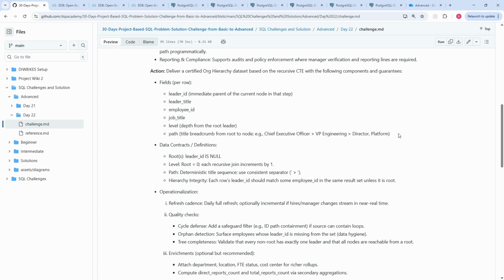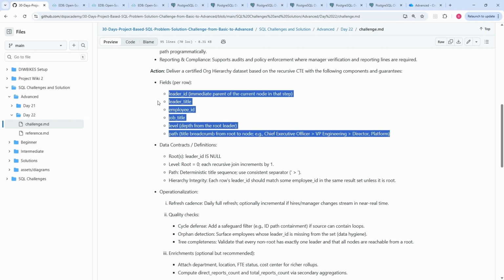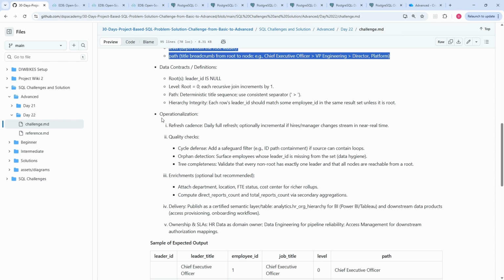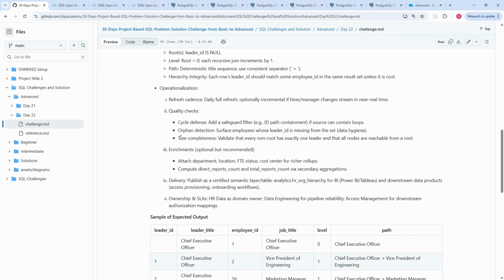So here we've identified all the fields that you should keep in mind, and we also reiterate what the data contract looks like, and then the operationalization. We also mention what you should keep in mind. Just to take note, we won't go into these details for this particular exercise, but I just want you guys to know. And also, there are some drawbacks with recursive, right? There are cycle defense that you have to keep in mind, orphan detection, tree completeness, and you also need to keep in mind that with recursive